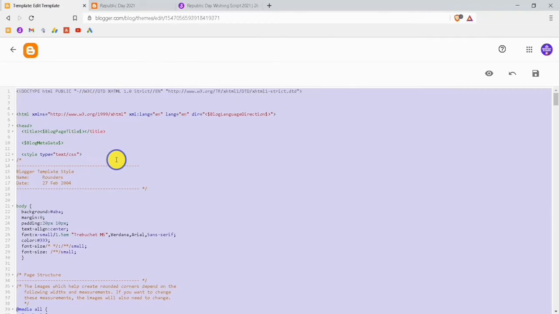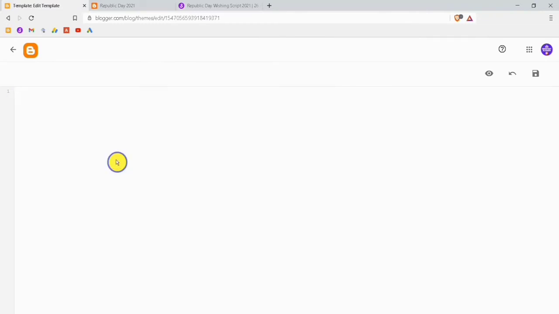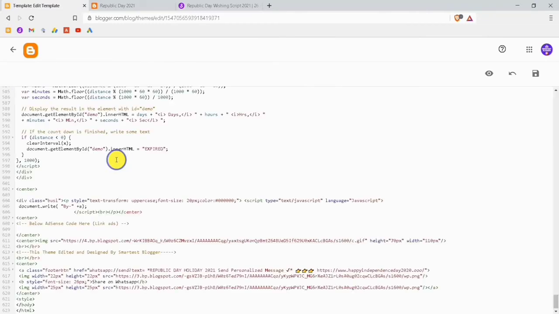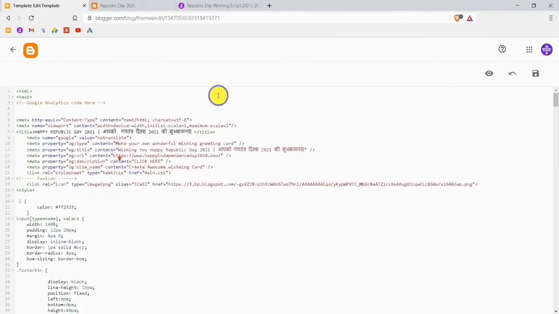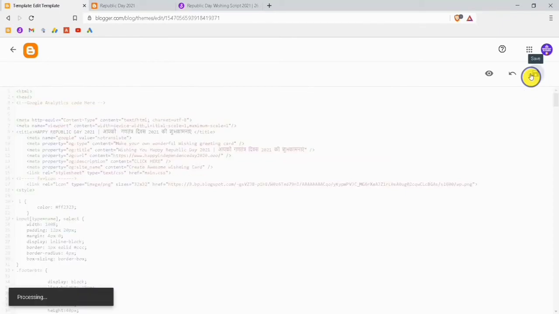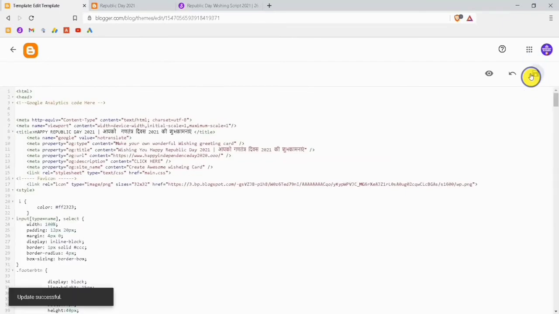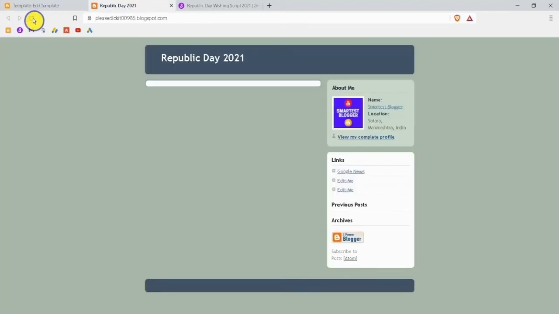Paste it here. After doing this, you want to save the changes. After saving this, you can refresh your page and see the sudden changes.